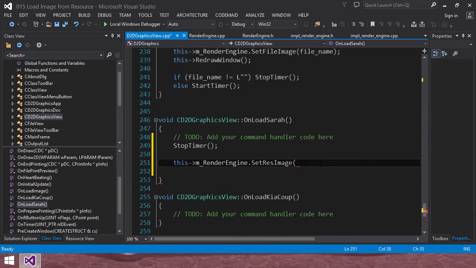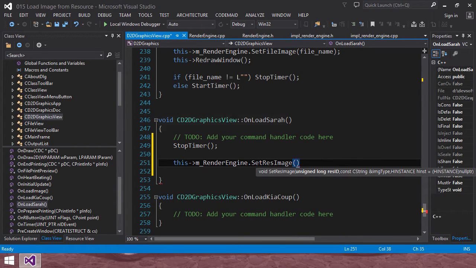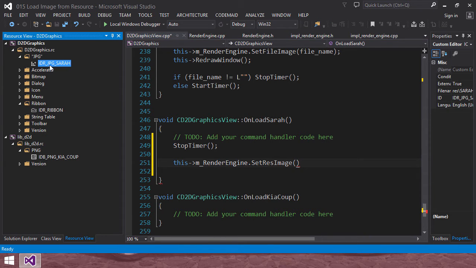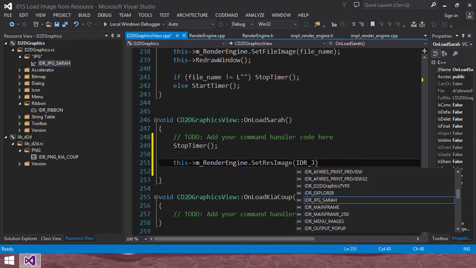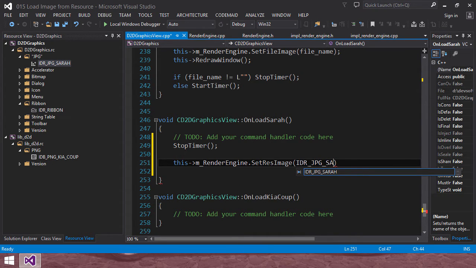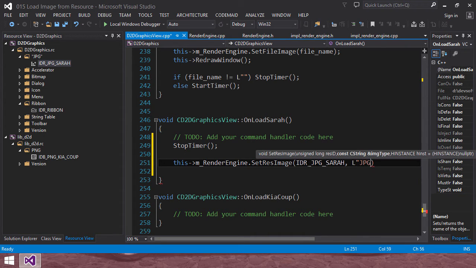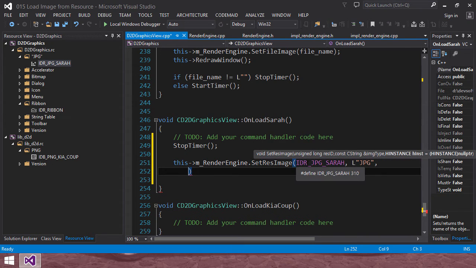Then here, let's see IDR jpg Sara. IDR jpg Sara. Then this file type is jpg, image type is jpg, and we need to send an instance